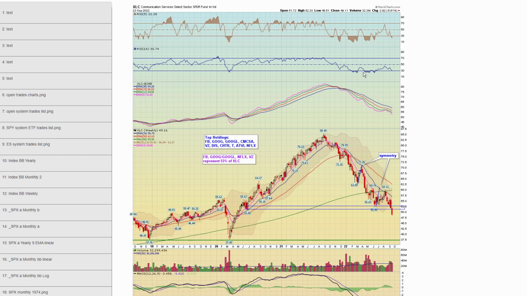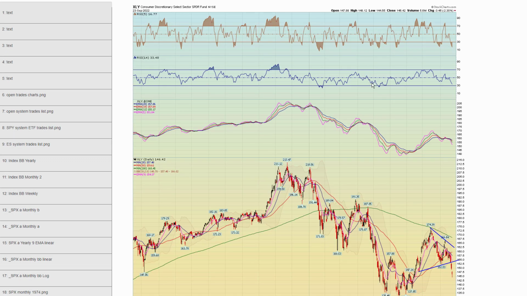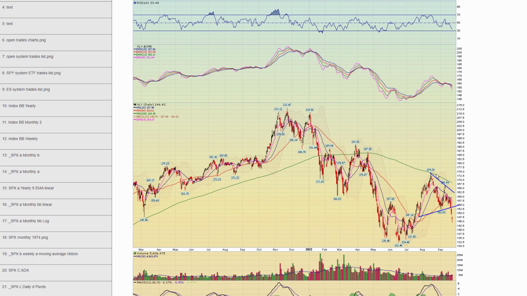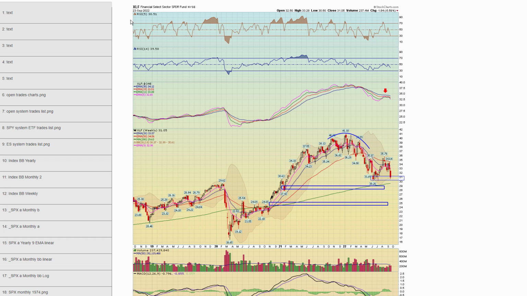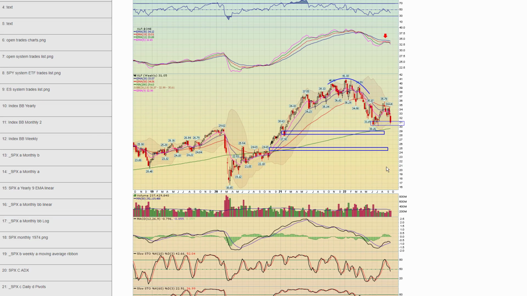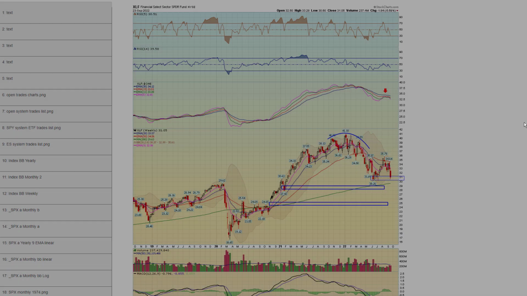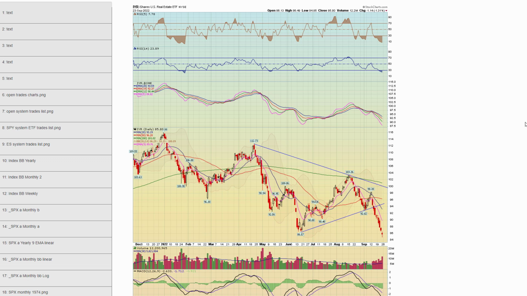Next, chart 58, XLY, consumer discretionary. We showed it last week as a coil, which busted to the downside. Next, chart 59, financials, XLF. We showed it as a rounded top early this year, which played out. Lower high here now. This is a little weak support, but busting this, these could be your next targets over time. Next, chart 60, IYR real estate.